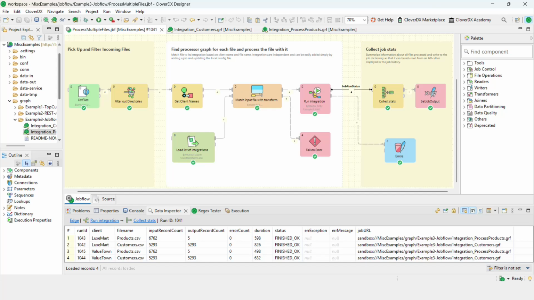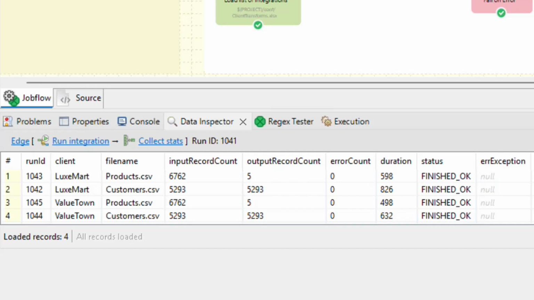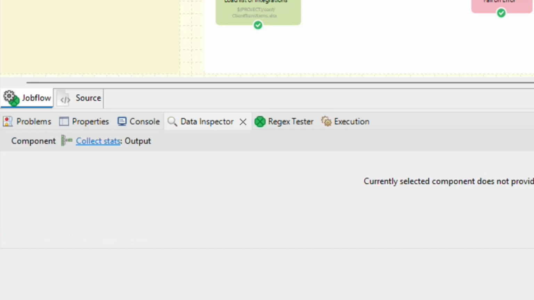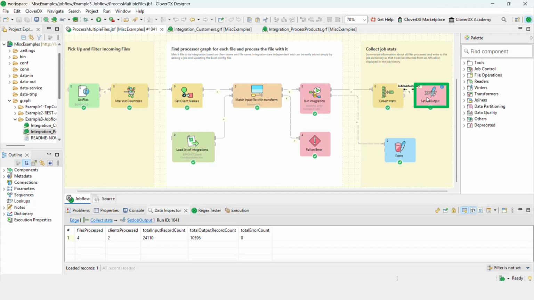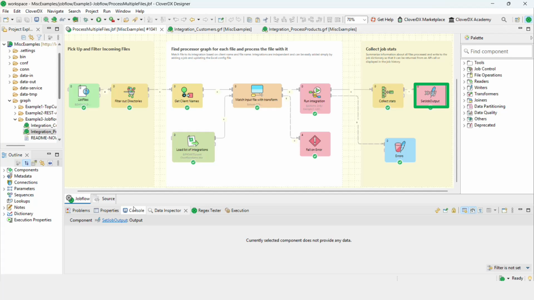We'll see the data from those graphs, which looks like this, with the run ID, the record count, the output record count, what the status was, and then we'll bring that to an aggregation component, which combines how many files did we process, how many clients, the total input records and total output records, just some basic statistics for our job flow. And then finally, using a set job output component, we will set those statistics so that we can see them right from the